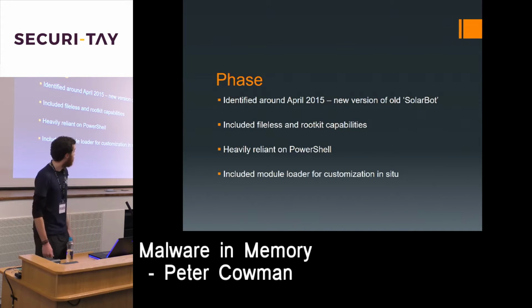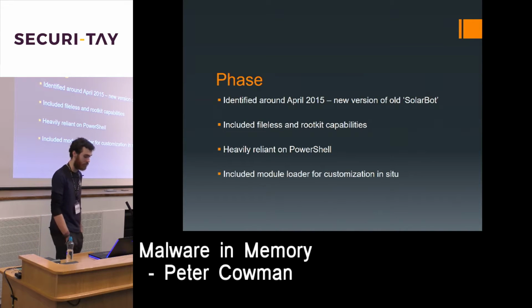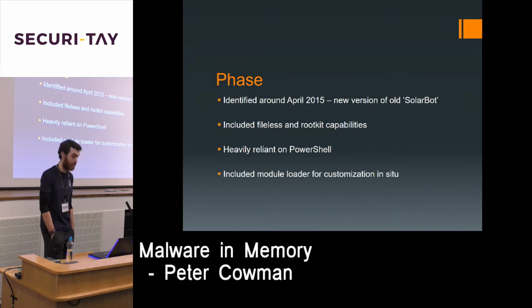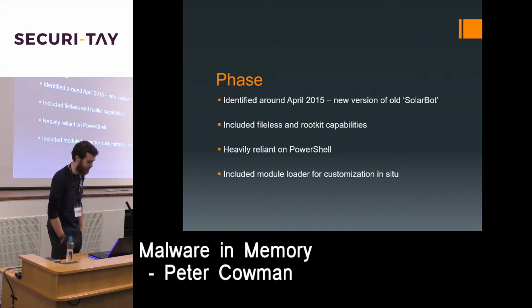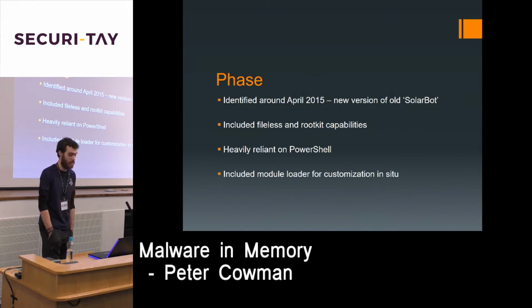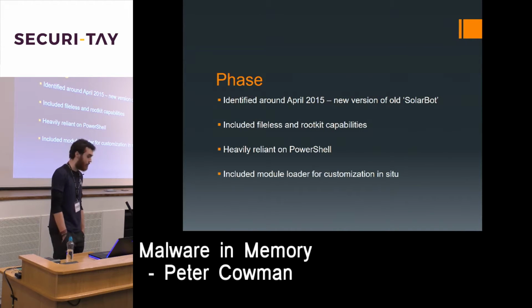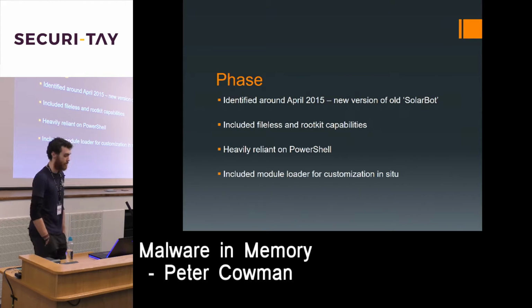Phase or phasebot is another example. Again, it was a sort of mutation of an old virus called SolarBot, which was an old rootkit. That SolarBot was a fairly widespread piece of malware back in 2012-13, I believe. This one was slightly different in that it didn't bin its rootkit capabilities when it switched. It added fileless. So it would, at runtime,